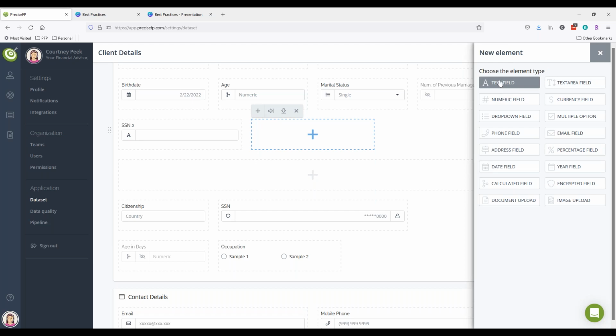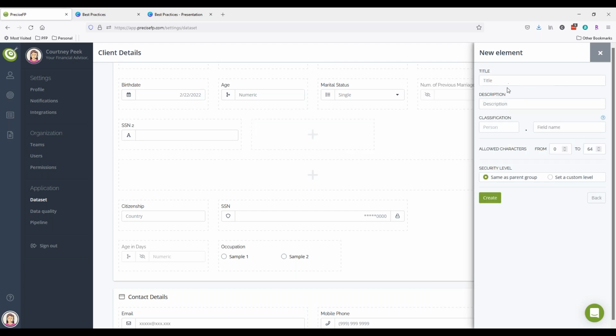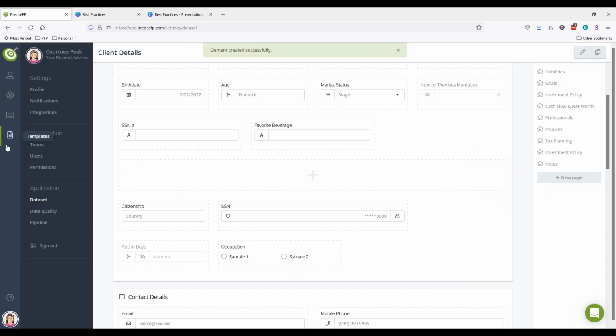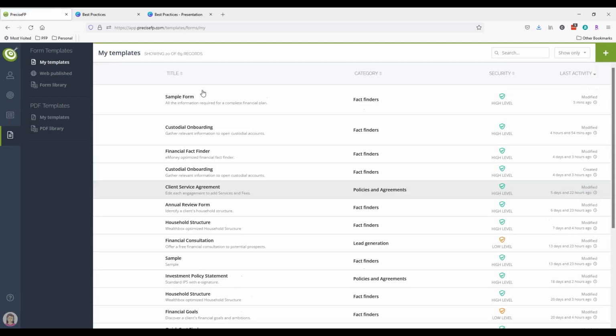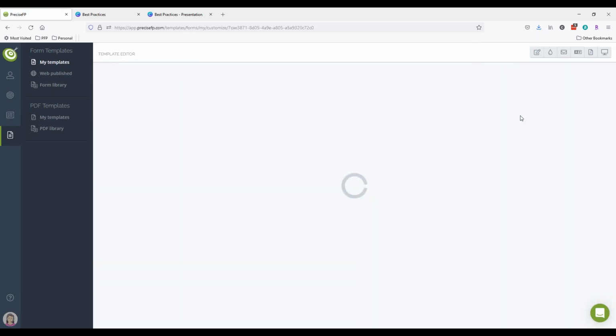Otherwise, you're not going to be able to make a match. So in this case, it was a text field that I created on my form template. So I am going to create a text field here in my data set called favorite beverage, and then just click on create. So now I have to go back to my template, click on it, click on customize,